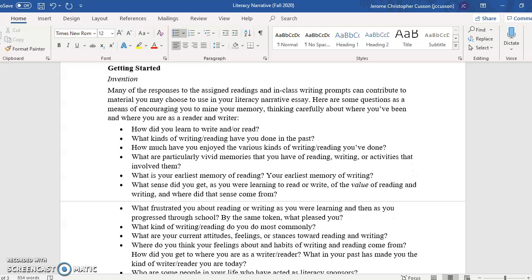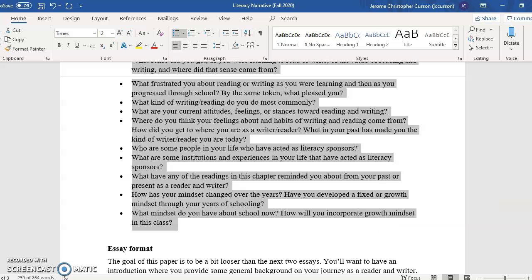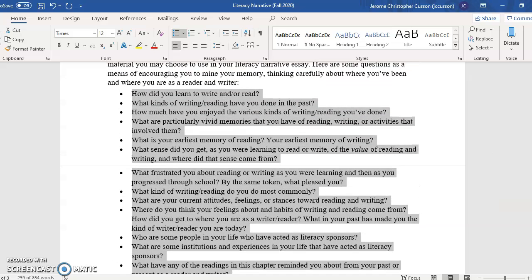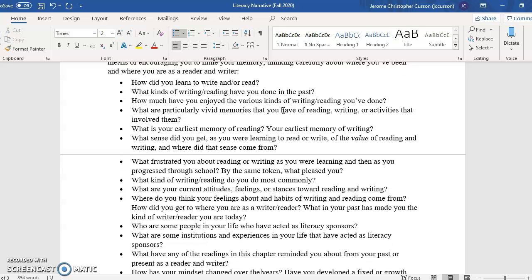But if you are the type of person who is experiencing writer's block, then what I want you to do is to have this assignment sheet up, look at the invention portion, and go through some of these questions so that you can start to think about how this will benefit you and your past literacy experience. Okay? I think the most fundamental one, you will probably end up answering, is how did you learn to read and write? But I think that question is general enough for you to start thinking back about when you learned to read and write. And a lot of this, again, is about your own personal history. Okay?